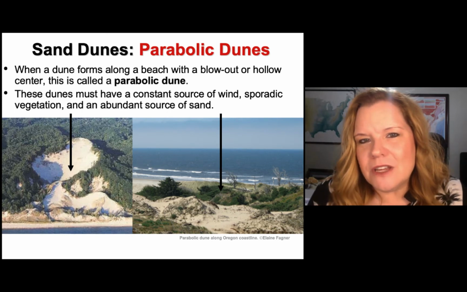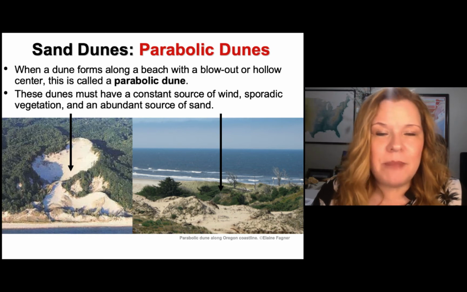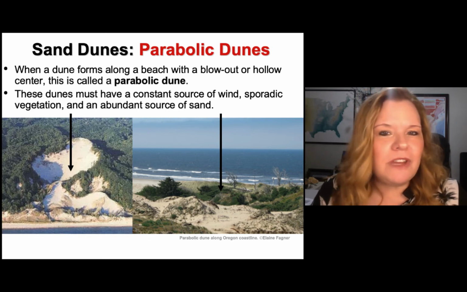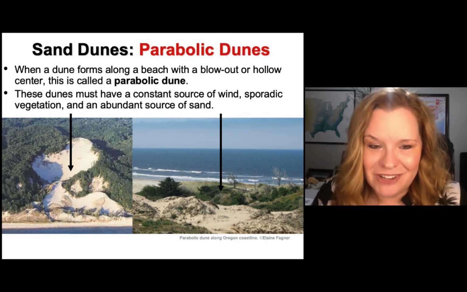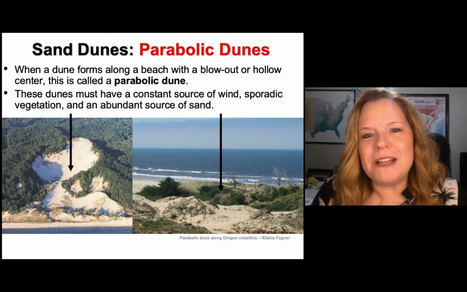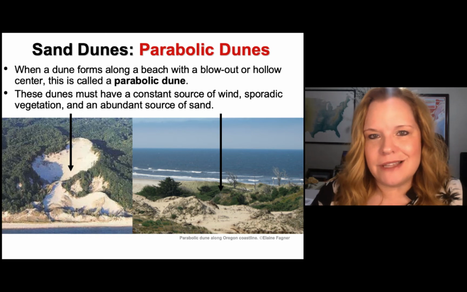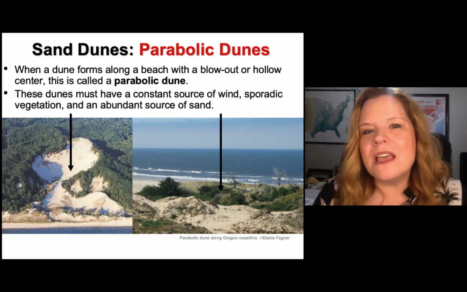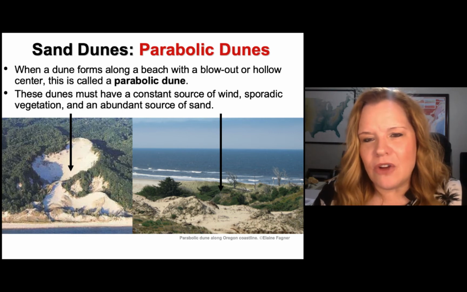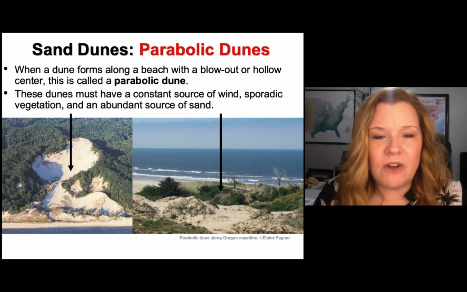All right, I was talking about a dune that formed the opposite way from Barchans, and this is it, parabolic dunes. There's something unique about parabolic as compared to all the others you'll learn about. This one has vegetation. So you will typically see these along coastlines. And the vegetation plays a very important role because it kind of anchors in the outsides of it, and then the inside kind of makes a bowl-shaped feature where sand collects. So if you've ever walked a beach and you see an area where there was some vegetation and then there's just a thick amount of sand, you might be walking in a parabolic dune.